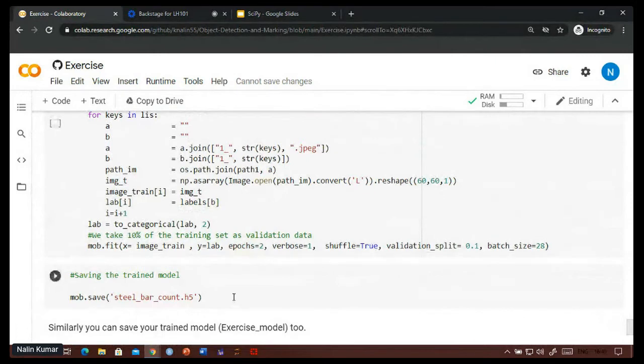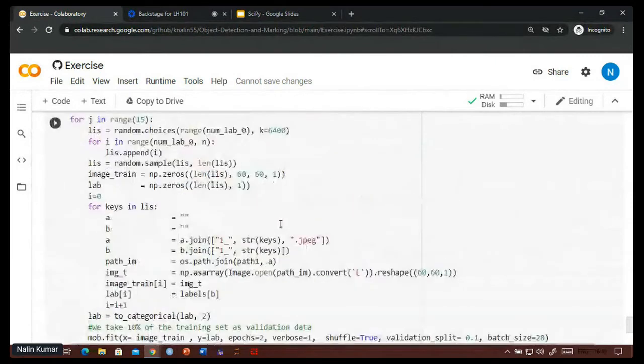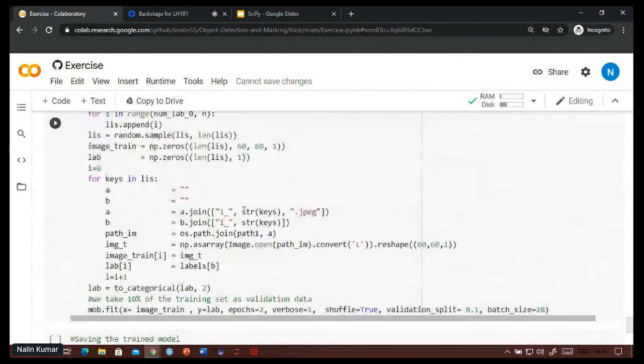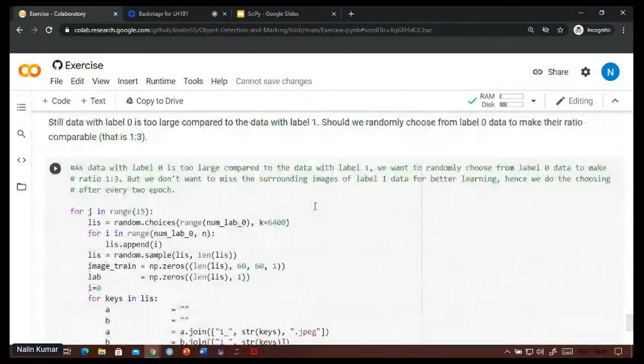Yes, for the training part, as you saw, we needed to solve the class imbalance problem. But still we didn't want to lose the nearby images of the one labeled image.